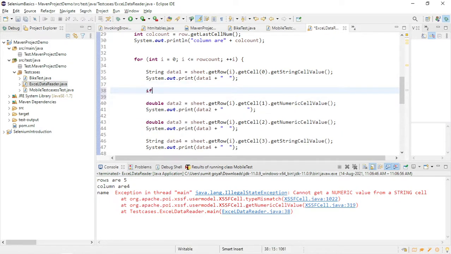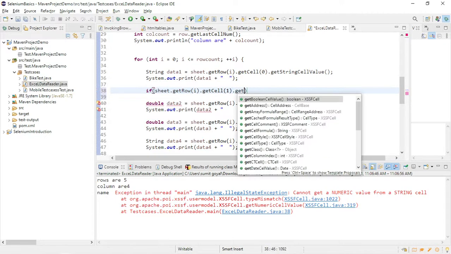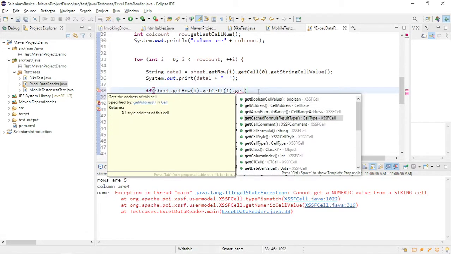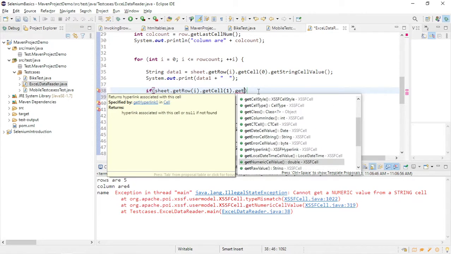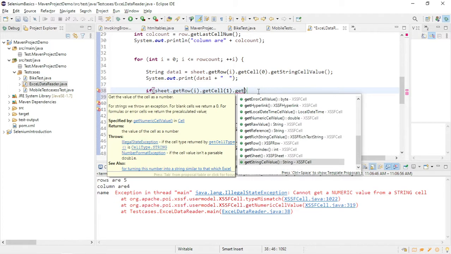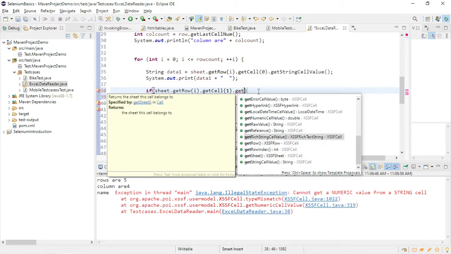What we can do is, let me copy this, sheet dot. First I will try to get the sheet. I will compare the type of this, dot equals. What is the comparison operator for this? Get. So here you can type it here. Get. There is one method which I am not sure of.